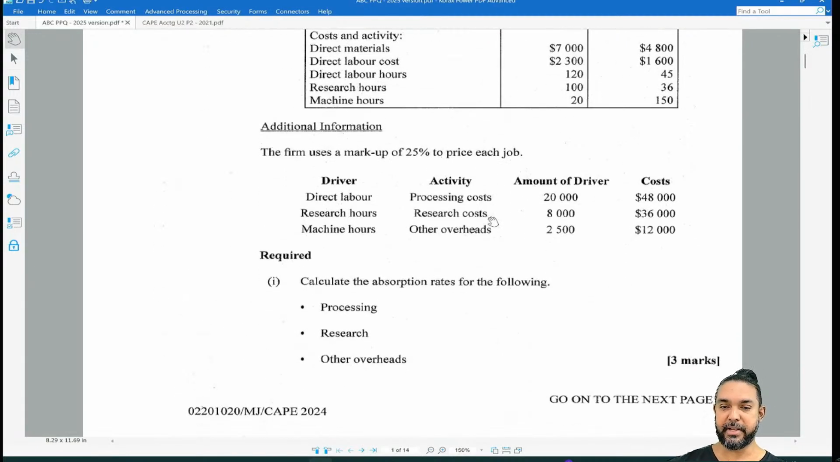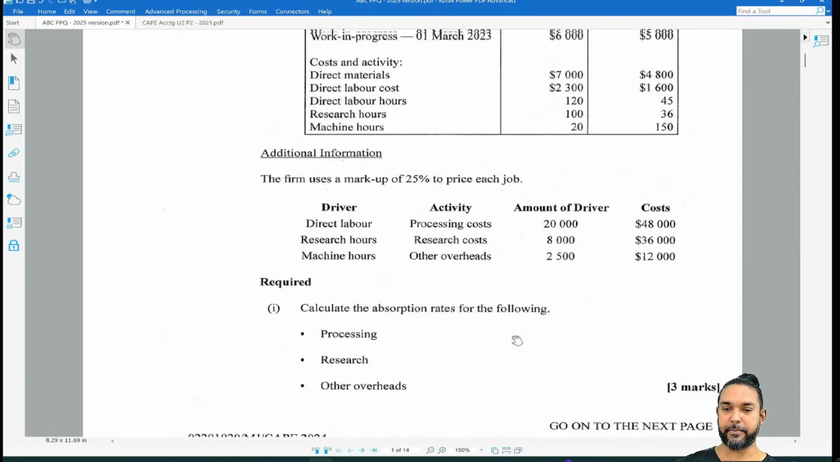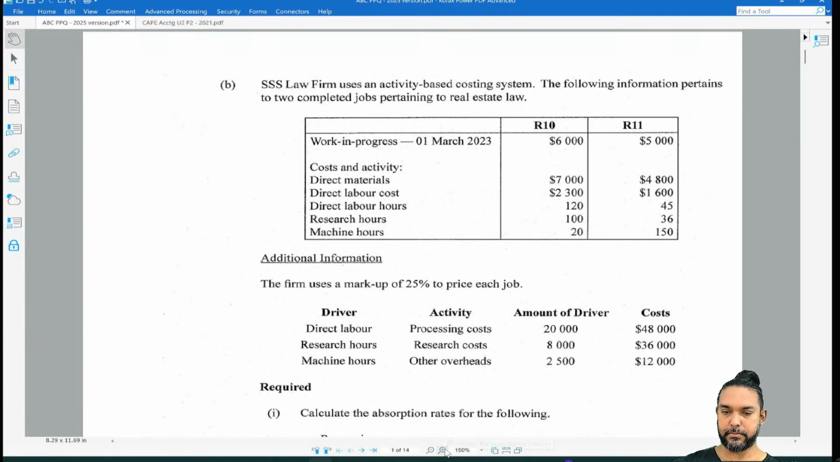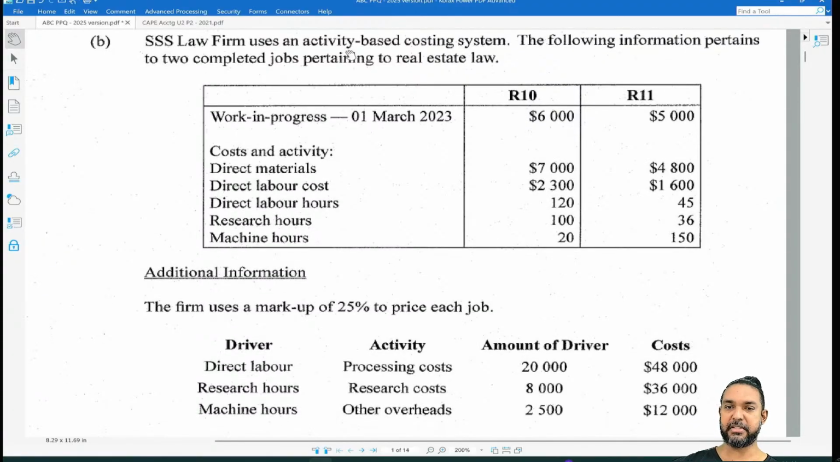All right, so we'll kind of take this one in pieces, right? But long story short, they want the cost of goods sold using ABC and the price for R10, right? So we'll see. Okay, so SS Law Firm uses an activity-based costing system. The following information pertains to 2 completed jobs pertaining to real estate law. Okay, so what we're looking at here is a service sector costing business as well, right? Which, like I said, we kind of have to do on the go, right? Because it kind of,